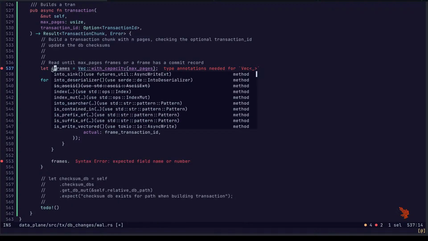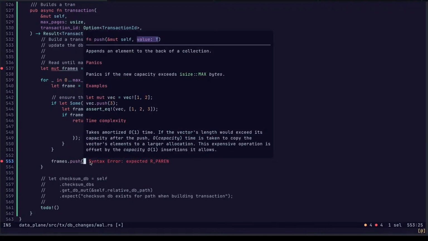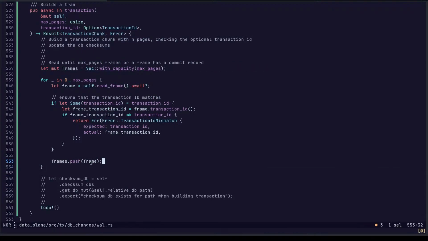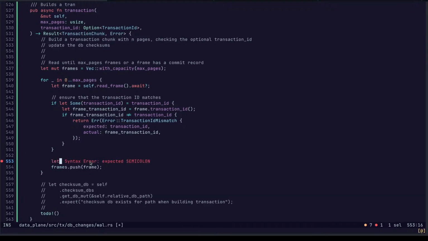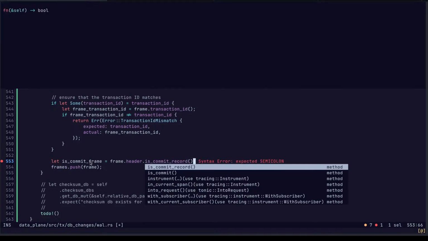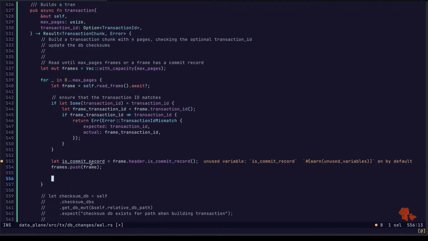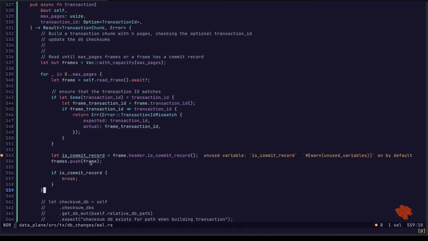It needs to be mutable. So if it's commit record, we store that. And we break if it's commit record.